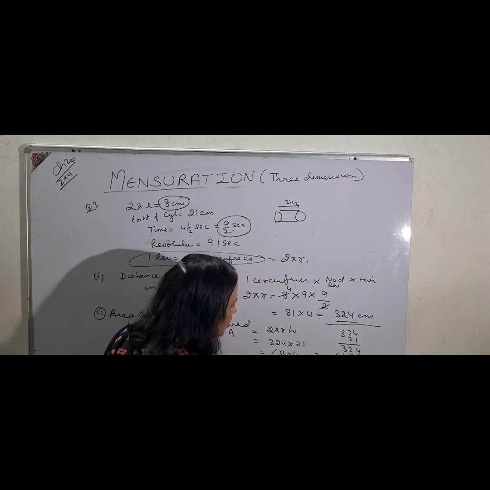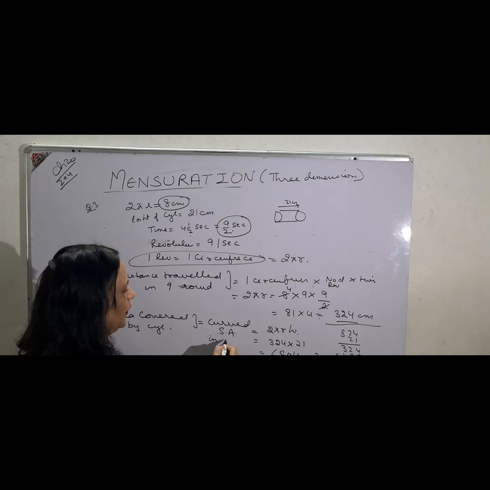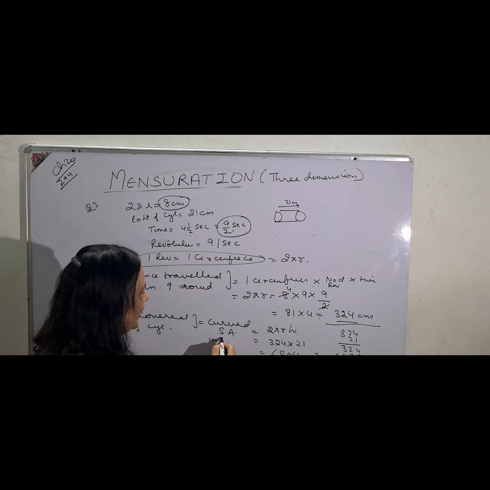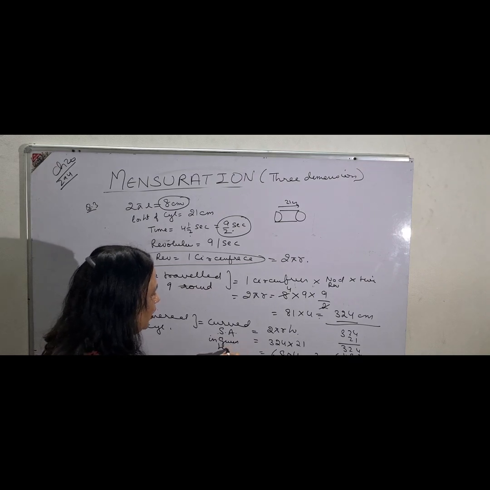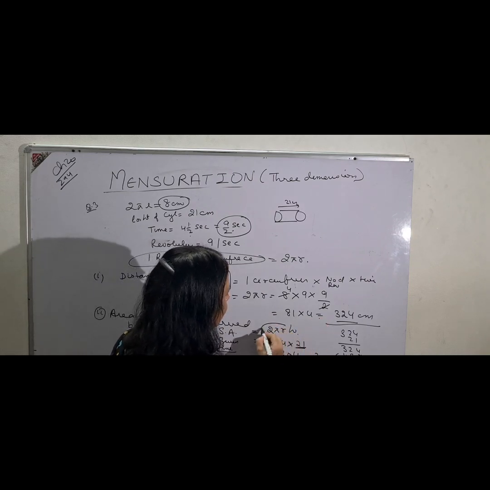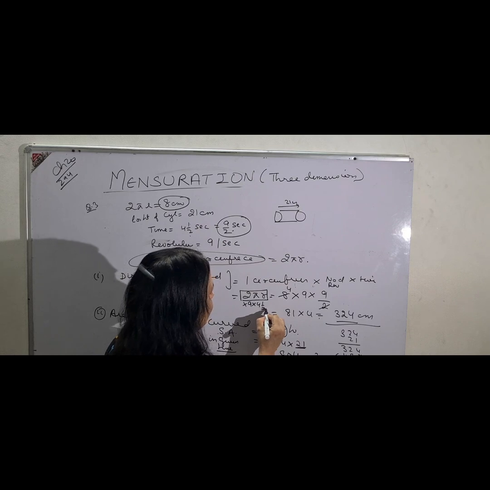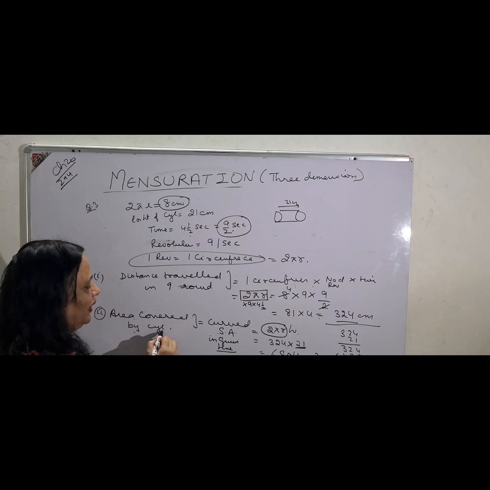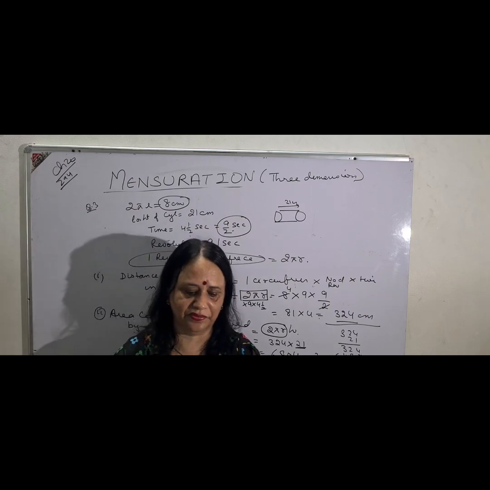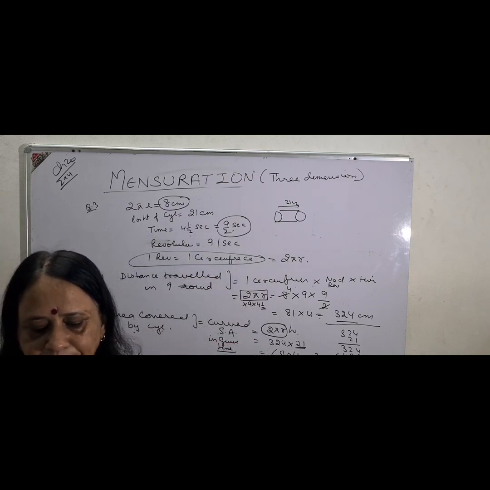6804 centimeter square, because it is area, curved surface area in a given time. But you will not multiply by time again, because we have already done that. Just multiply by the height, curved surface area, or the distance travelled, you can say, in 9 revolutions in 4 1 by 2 seconds, into height will give you the total area covered by the cylinder, that is the curved surface area of the cylinder in 9 complete revolutions.